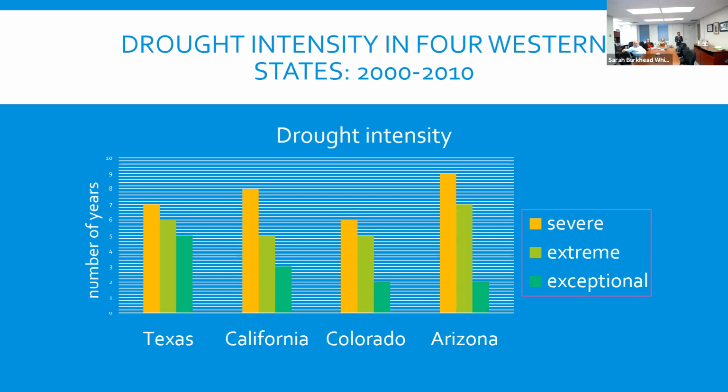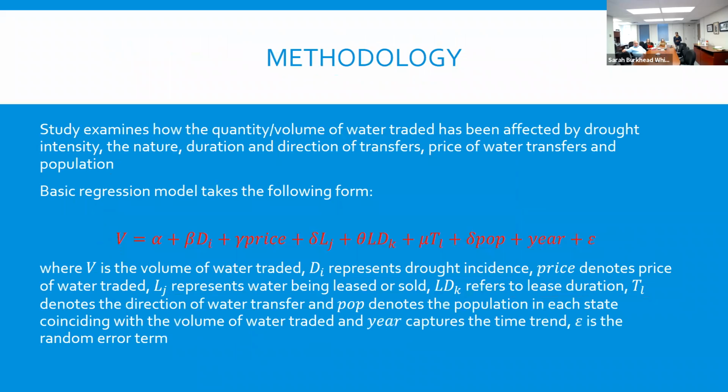Even though we talked so much about California, California did not have as many exceptional droughts as Texas. And I will mention here that some of my friends from Texas mentioned that over the last few years, some cities in Texas have been selling water because of these kinds of exceptional droughts. It's interesting to know that this is happening across the border.